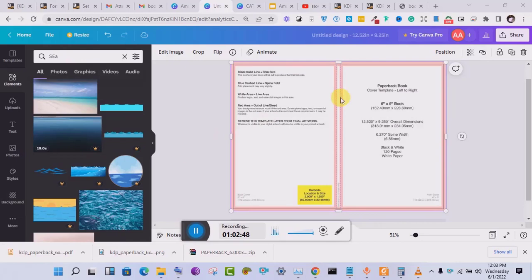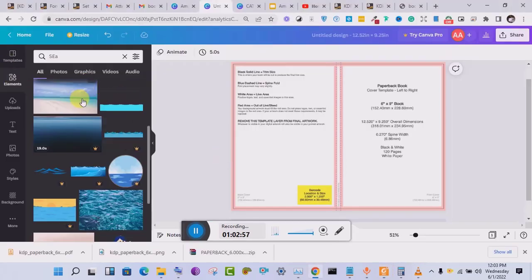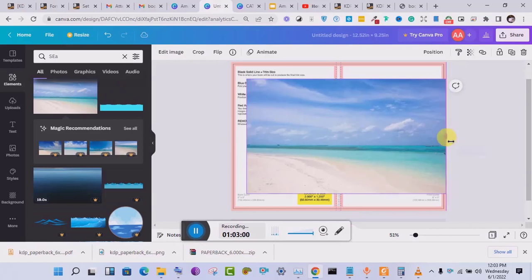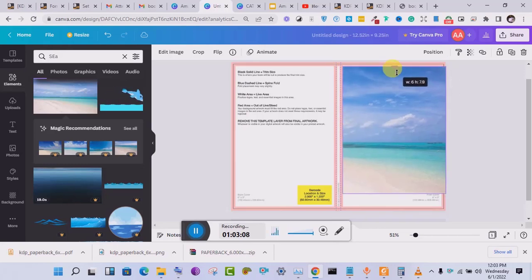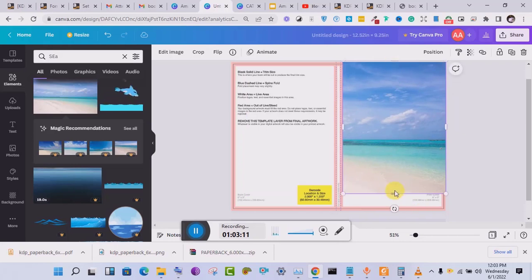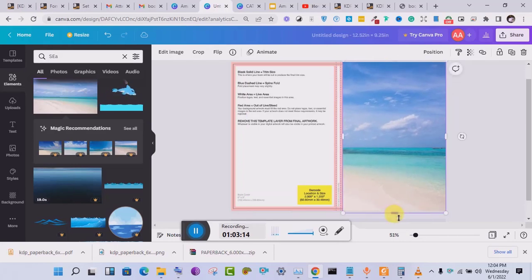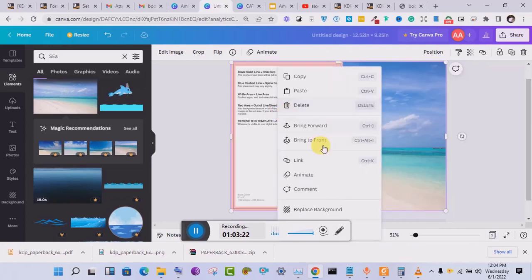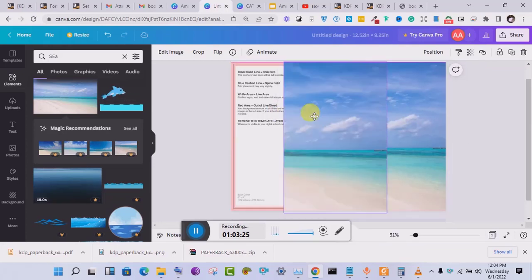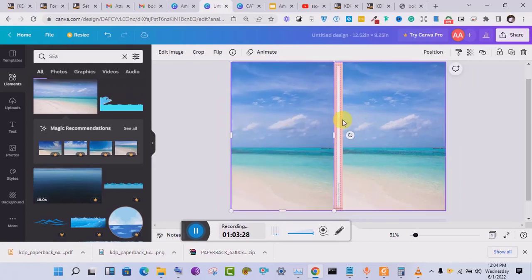So you can change the background of the cover design just like what we have here, and to do that just come to elements. Let's use this. You can use that. You can see guys, and make sure everything is within this place. Just drag this up, and drag this also. So I just need to duplicate this, copy and paste it. You see that we have two different